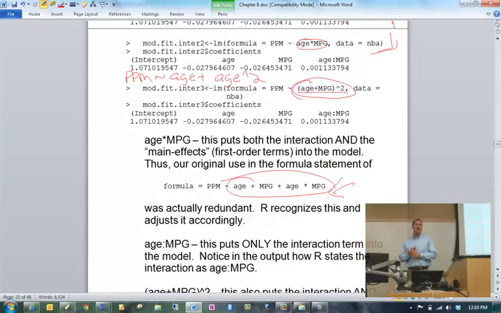It's going to think that it wants, let's say, a second order model. I'm sorry, let me state that again. Got to be careful with my terminology. It's going to say, okay, you want age and all interactions with age in your model. But if you're only putting age here to begin with, well, of course, what do you get? Well, R will think that this is equivalent to ppm tilde age. That's it. So, there you go.